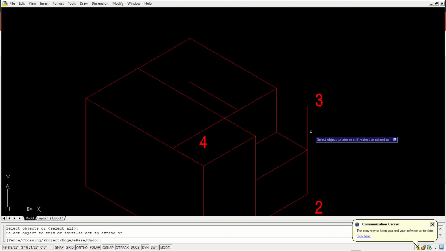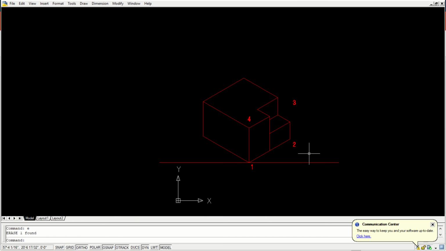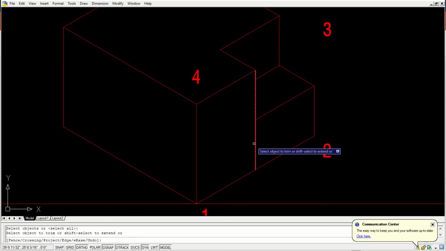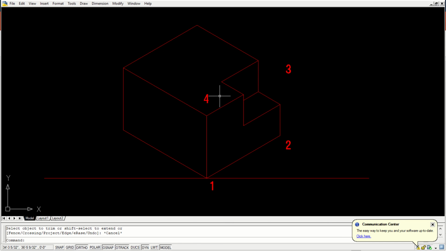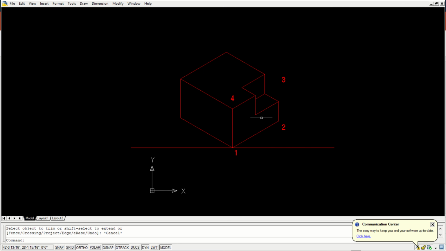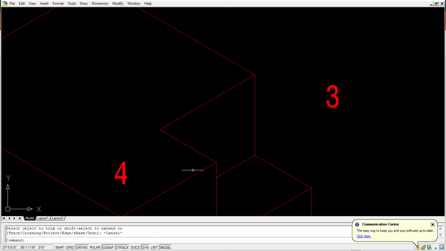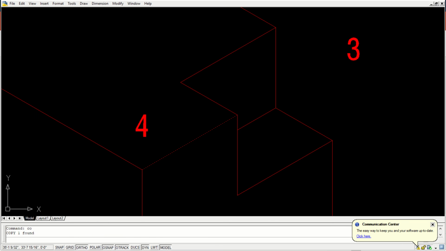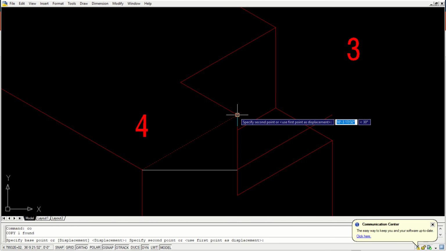Okay, so let's say this is what we have in 3D. Okay, let me remove this also. Okay, this is how we have, and we want to draw isometric. We have to draw the orthographic drawings for this. Okay, in order to complete this drawing, we need these hidden lines.